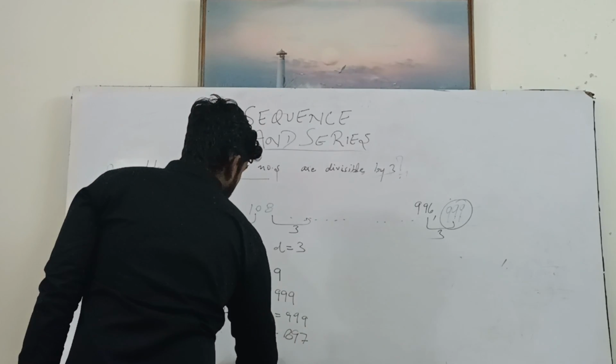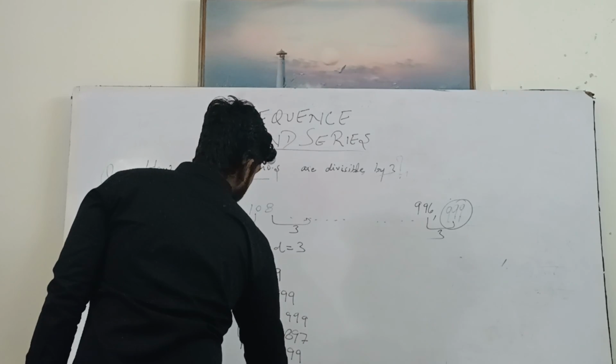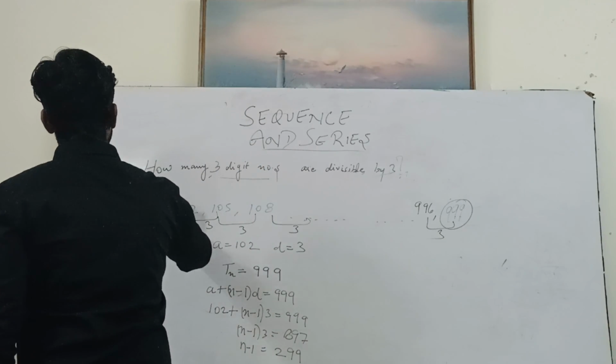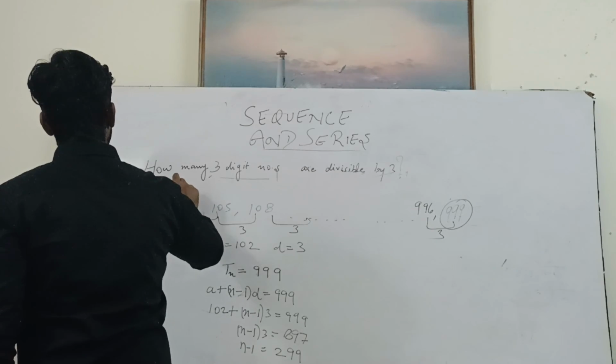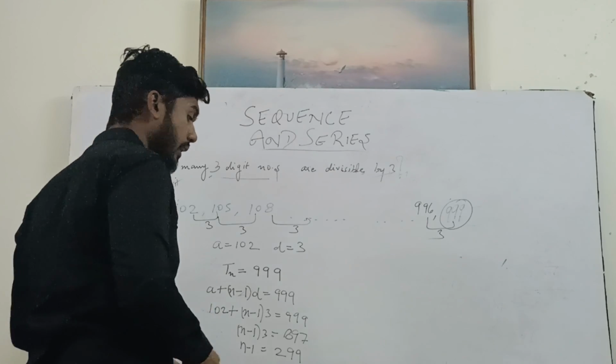Then n minus 1 is equal to 299 and n is equal to 300। So there are 300 3-digit numbers which are divisible by 3।